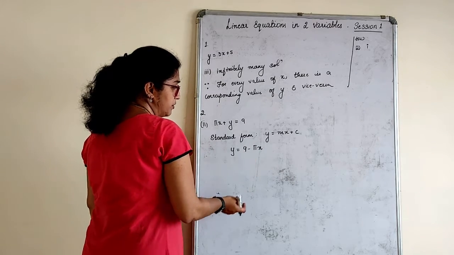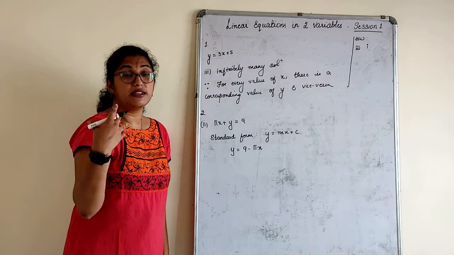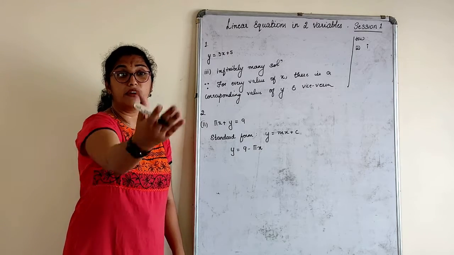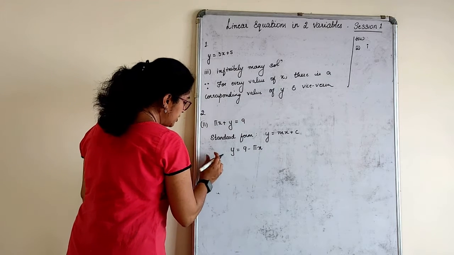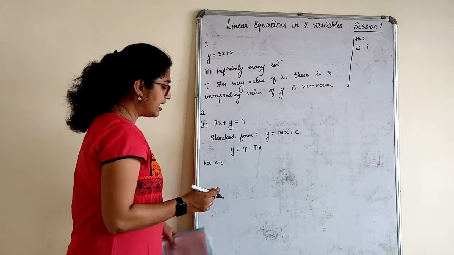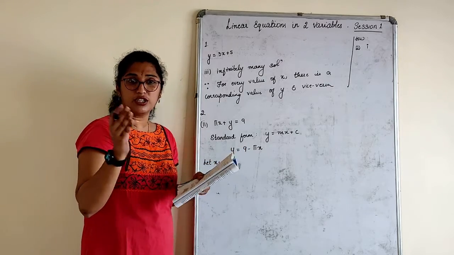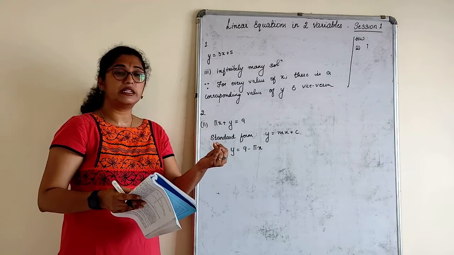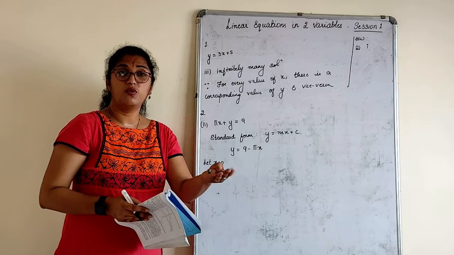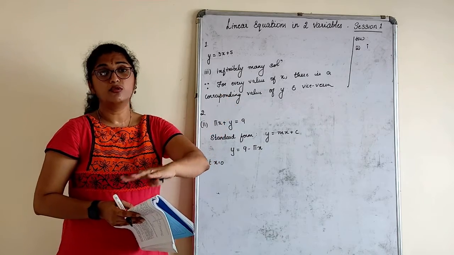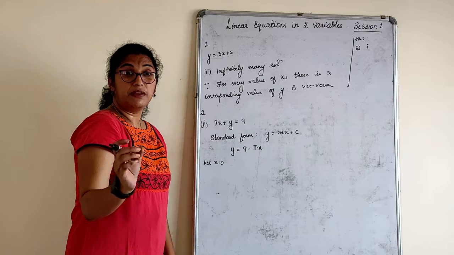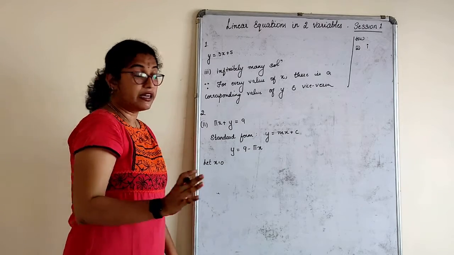Let's go on giving values. Answers will differ between your answer and my answer because it depends upon what values I am giving for x and what values you give for x. Let me choose a very simple one. Let x is equal to 0. See children, how many have they asked? They have asked 4 solutions. I will take 0, 1, 2, 3, that's over. You can take 0, 1, minus 1, 2, minus 2. It's up to you. So try to take the simpler value. Nowhere is it mentioned what numbers have to be taken.